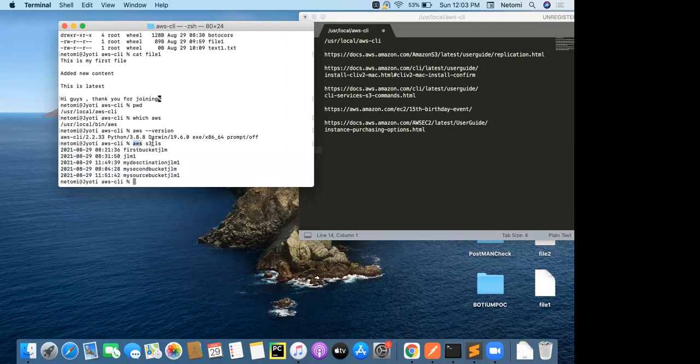And how do you read this AWS CLI command? You say aws and then you specify the service. Here I'm using the S3 service, but if you want to do anything with respect to EC2, you specify ec2. With EC2 also you can list all the instances in your application. You can describe your EC2 instance. All that we'll study once we complete our EC2 session.